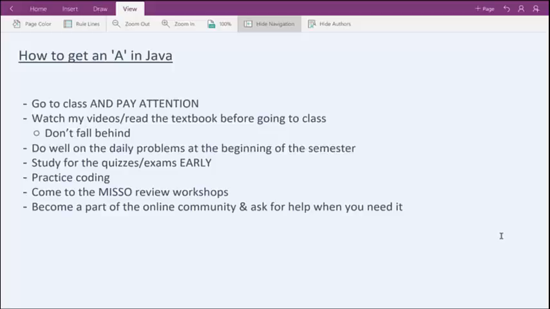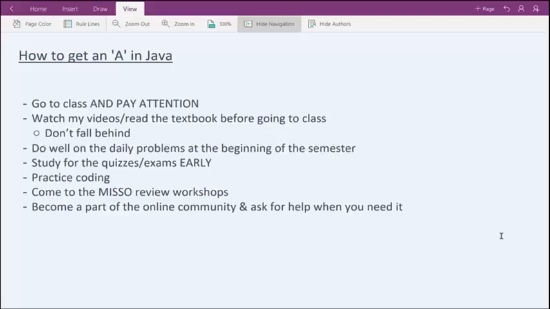And then on top of that, come out to the MISSO review workshop. So I know we're going to be doing these survival workshops where I'm just checking that everyone's up to date with what's going on in class and kind of teaching people. But when quiz and exam time comes around, you're going to want to review that material, and we do a lot of reviews in our workshops. They're like 3 hours long. So if you come out to the survival workshops, you'll at least grasp the material. So then when the review workshop comes around, you'll be able to just review the material. So that's kind of how I'm mapping the semester out. Hopefully that works out. So definitely come out to the review workshops if you want to be as well prepared as you can for the quizzes and the exams.